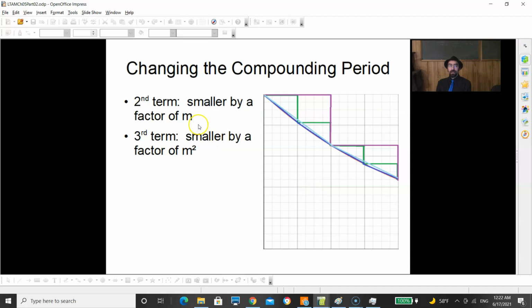If I compound m times per year, the second term for the triangles is going to be smaller by a factor of m. Because if I look at 1/2 base times height for these triangles, the combined heights will still be the same. They'll go from here down to here. But the bases will only go 1/mth as much. So you divide the second term by a factor of m. And for the third term, that ends up being smaller by a factor of m squared